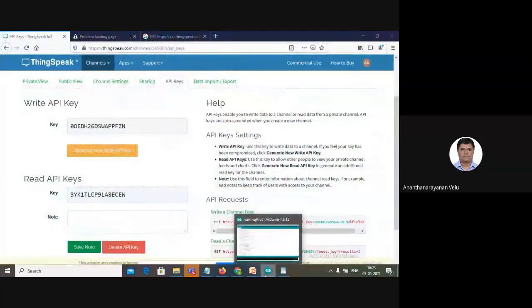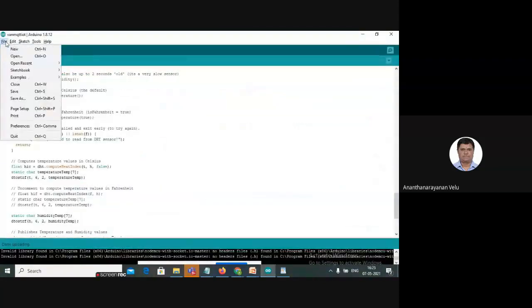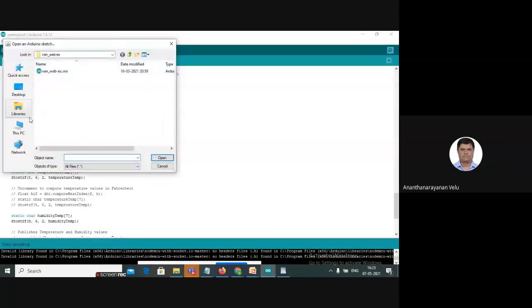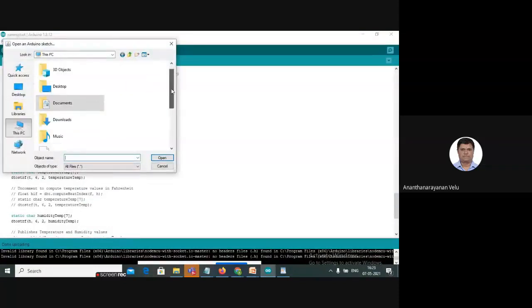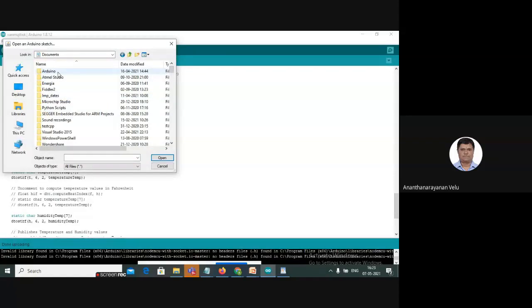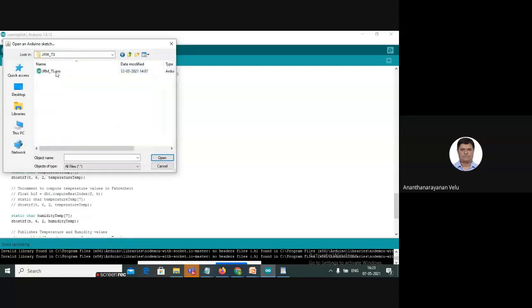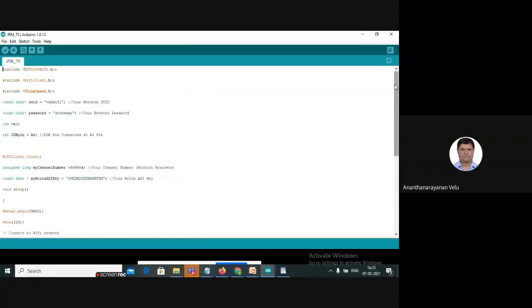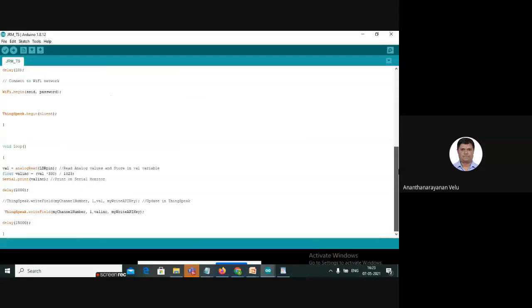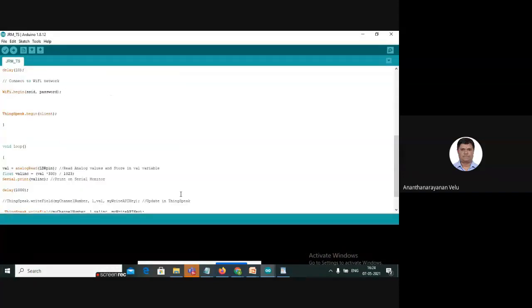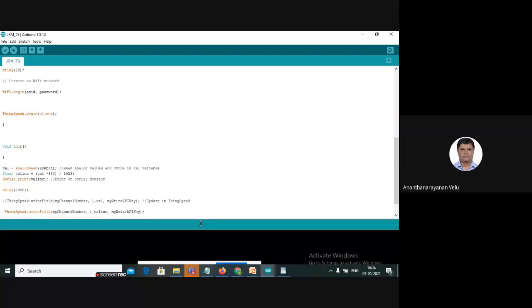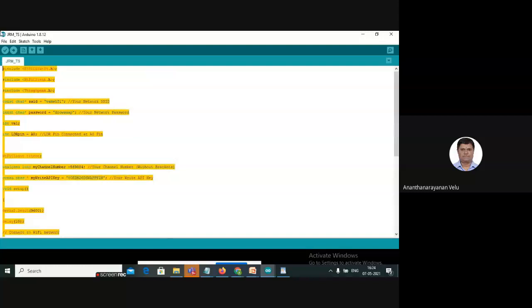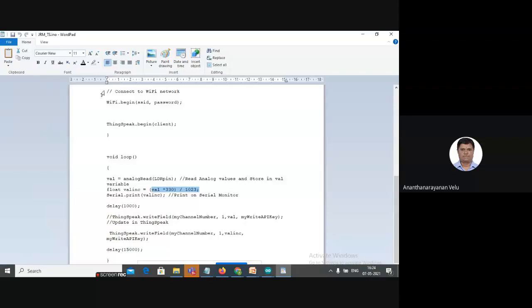Okay, so all of you look here. I'm going to load my Arduino with the ThingSpeak code. As I already told, I will share all this code with you through a zip file. I had loaded the ThingSpeak code also. It's very, very simple. For your information, whatever I am going to upload, I will store in a notepad and then explain to you.